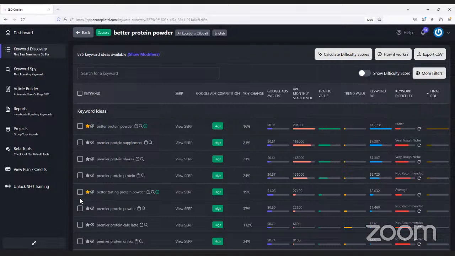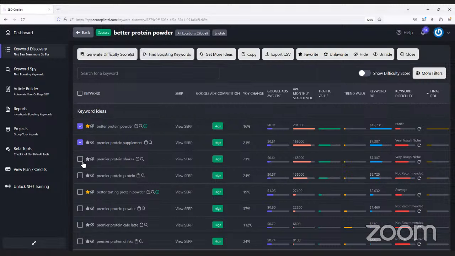So you would build 5 pages a day. I would click down 5 pages, 1, 2, 3, 4, 5. I would select them based on whether they're good or not. I don't know if Premier Protein may be a bad example, because I think that's actually a brand name, but you get the idea. You pick the keywords that you think are good, you favorite them,